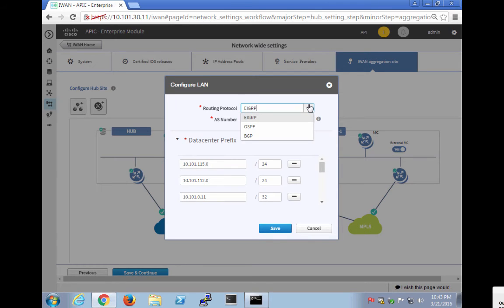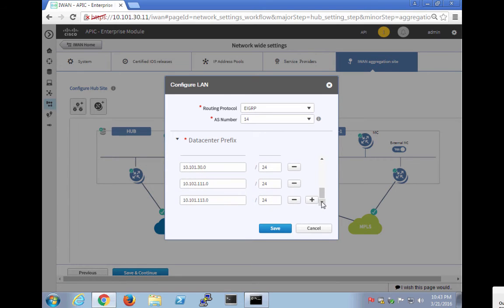So what we're going to be doing is right here we have EIGRP, OSPF, and BGP. This is in configuring the LAN. So we are already EIGRP AS14 for the LAN. So if we go ahead and look forward here, this is the data center prefixes. So at the data center, we have 10.101.115, 10.101.112, 10.101.0.11. So it's going to go ahead and it's going to look and it's going to find, okay, from the